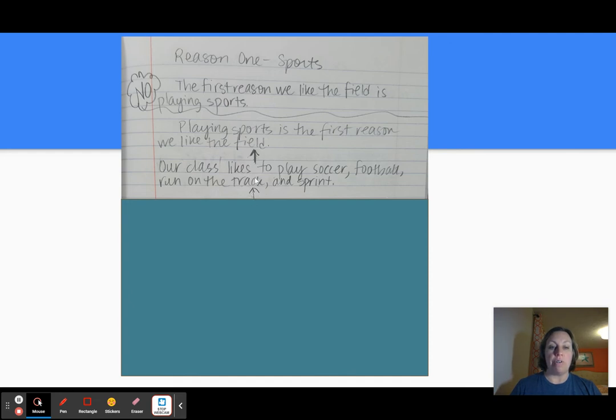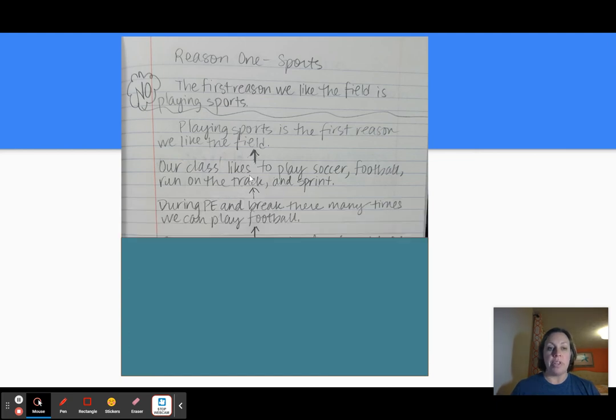Now I'm going to draw another arrow right here. Notice I have one sentence, then an arrow. One sentence, then an arrow. Now I want to tell more about this topic. So I'm going to say,